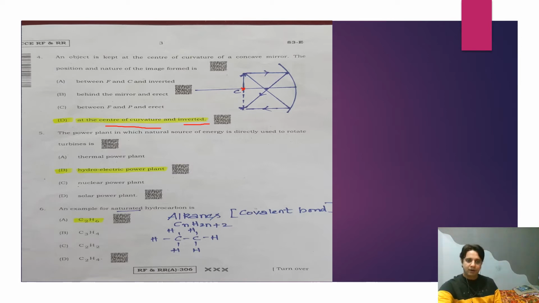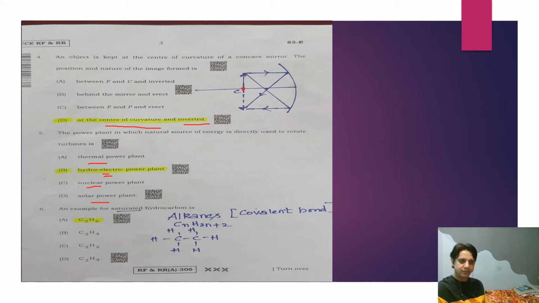Fifth one, the power plant in which natural source of energy is directly used to rotate turbines is. See, in all power plants like thermal power plant, nuclear power plant, and solar power plant, in thermal, heat energy is converted into steam, and the kinetic energy of steam is converted back to electrical energy. And in case of nuclear power plants as well, you would have steam turbines. Basically, heat energy is used to boil water, and there is a heat exchanger. Again, steam is generated to rotate turbines. But in hydroelectric power plant, unlike all the other power plants, the direct kinetic energy of water is used to